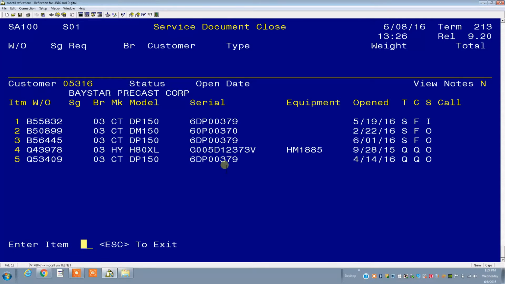So now I come down here and here's the single record within this customer file that has this different serial number. And as you can see with both of them listed next to each other, you can see the similarities here. So obviously this technician most likely mistook the D in the plate for a 0, or we could have just made a typing error, and also they mistook the 9 for another 0. So in my opinion, it would be safe to say that this unit is actually the 6DP00379 and not this